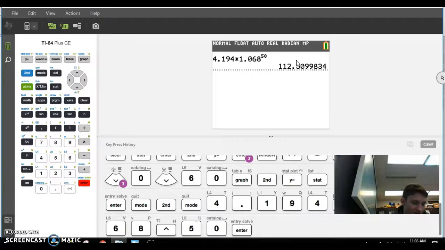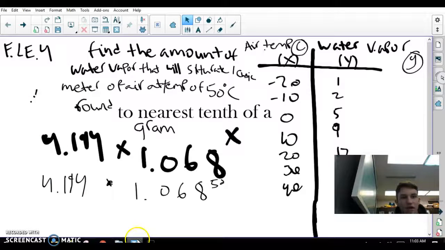And you're going to round it to the nearest tenth of a gram. So that's 112.5. So that's how you do section F.LE.4. Alright, now we're going to move on to